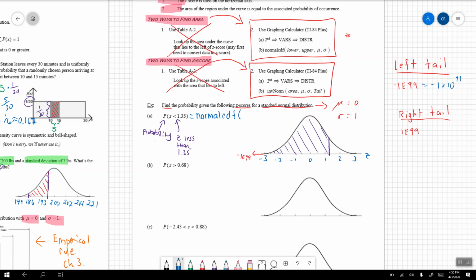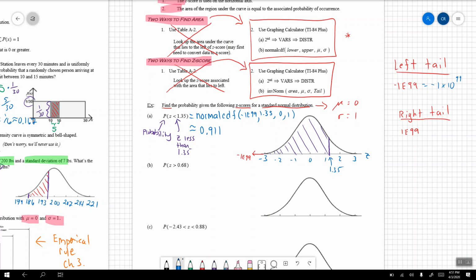The lower end was negative 1E99. The stopping point was 1.35. The mean we used was 0 and the standard deviation was 1. And again, this was approximately